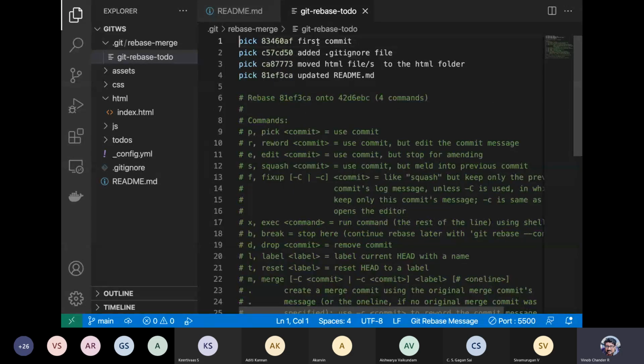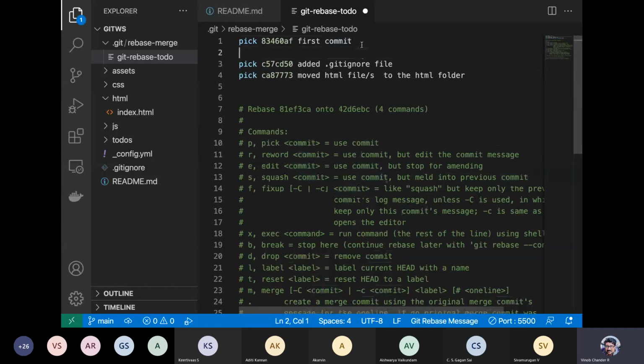See here now, we have everything, right? From the first commit till the latest commit, and then you can move things around. All right, guys. So for example, you have the first commit, you have this updated. See, actually we have done this updation and we actually want this to be in the initial part, right? So let us take this out. Let us put this guy after the first commit, and save it. Okay, so this will be the order now.